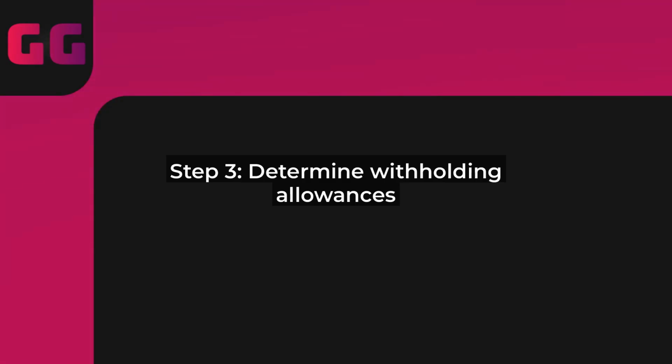Moving to Section 2, this is where you indicate your withholding allowances. For 2025, you can use the IRS worksheet to calculate how many allowances you claim based on your expected income, deductions, and credits. If you have multiple jobs or other income, adjust here to avoid under-withholding. In Section 3, if you want extra withholding, enter the additional amount per payment. This is great if you had taxes owed last year and want to cover it proactively.